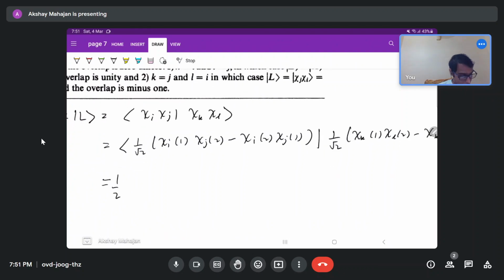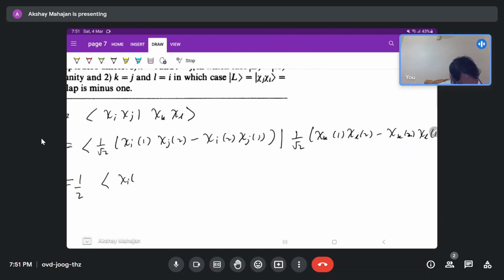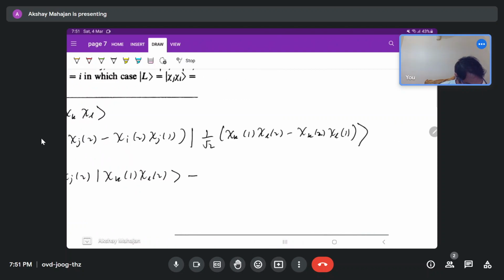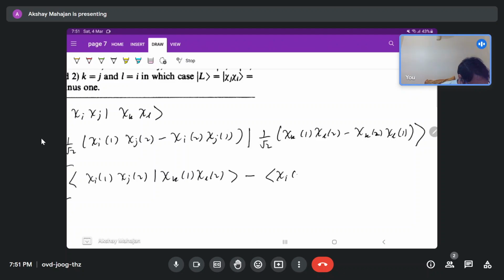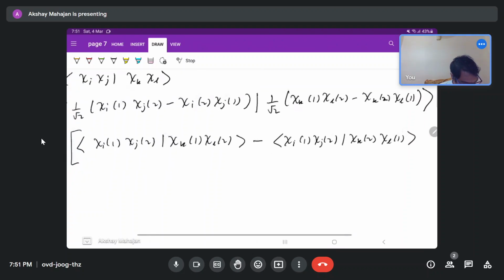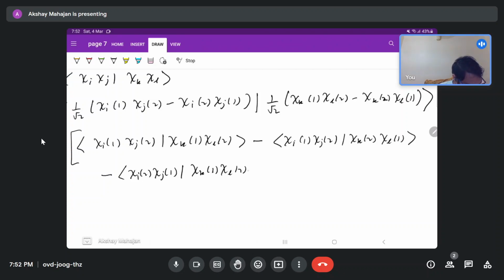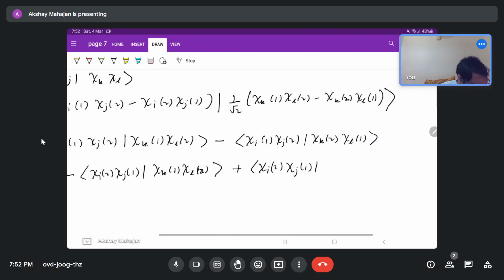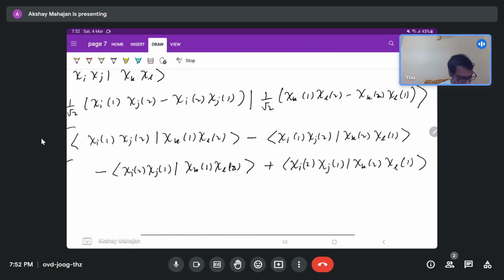I can take 1 by 2 common here, and I can write chi I1 chi j2 and chi k1 chi L2 minus, this will be written as chi I1 chi j2 and chi k2 chi L1, minus chi I2 chi j1 chi k1 chi L2, plus chi I1 chi I2 chi j1 chi k2 chi L1. Alright, okay, I1 j2